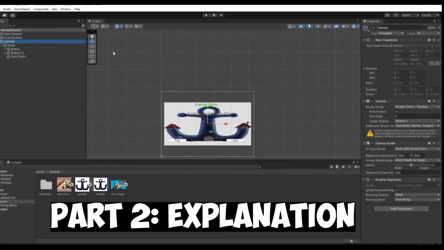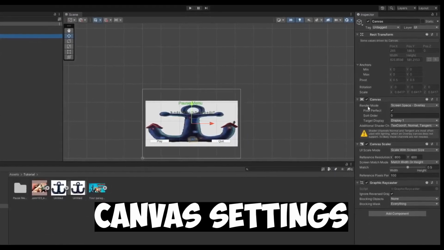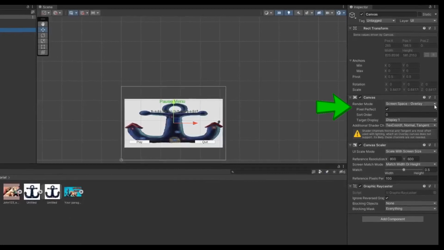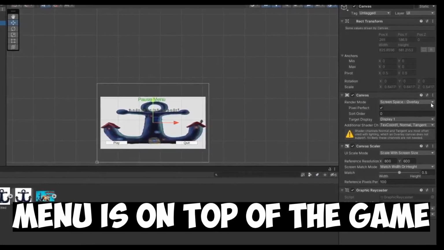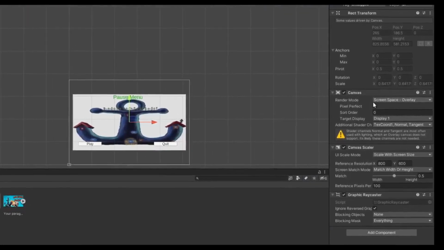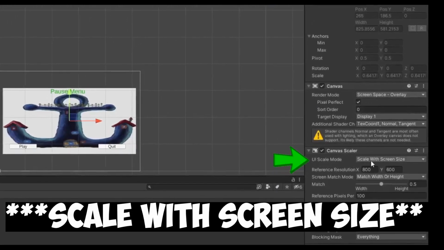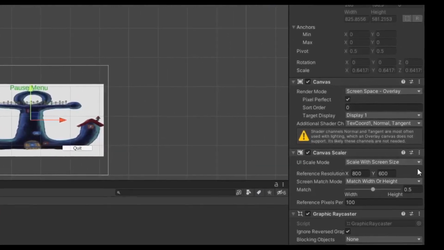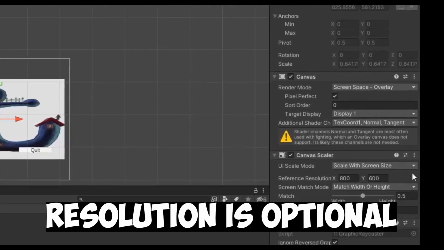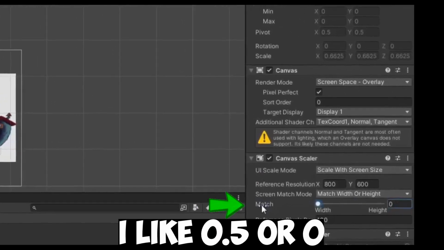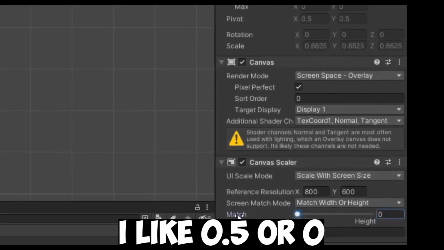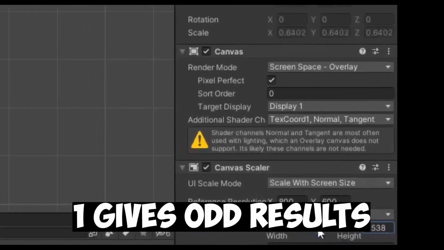So we've seen it's essential to set up your canvas properly. By choosing the screen space overlay, it will ensure that your pause menu is going to be in front of your game. Pixel perfect is just going to keep your image sharper. You have to set the UI scale mode to scale with screen size. Whichever resolution you prefer to work with is what you should set. The match will make your UI elements scale on the width only or on the height only or anywhere in